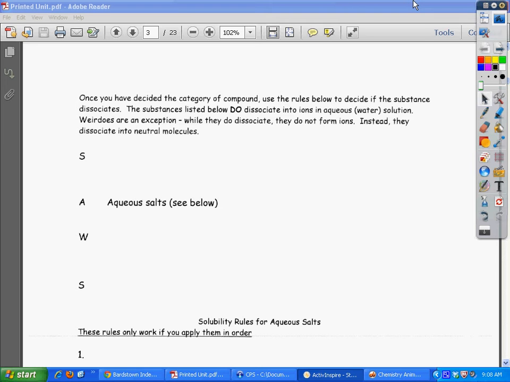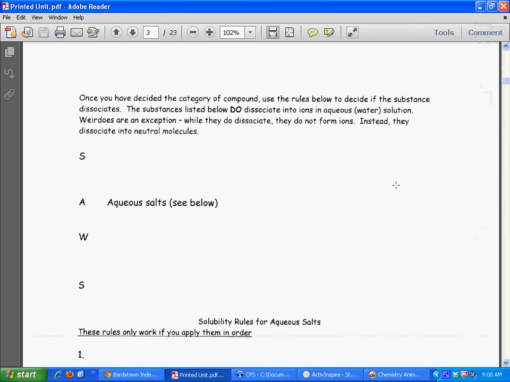Now, weirdos are an exception, and this is why they're called weirdos. They do dissociate, but they don't dissociate into ions. They dissociate a little bit differently. So once you've classified something as an acid, base, salt, weirdo, or none,